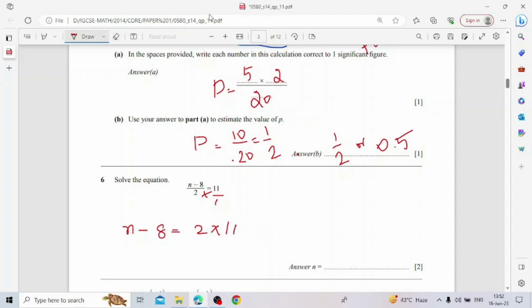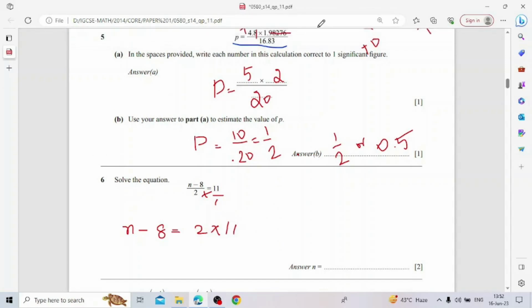Now, n minus 8 is equal to 2 times 11, which is 22. Now, n is equal to 22